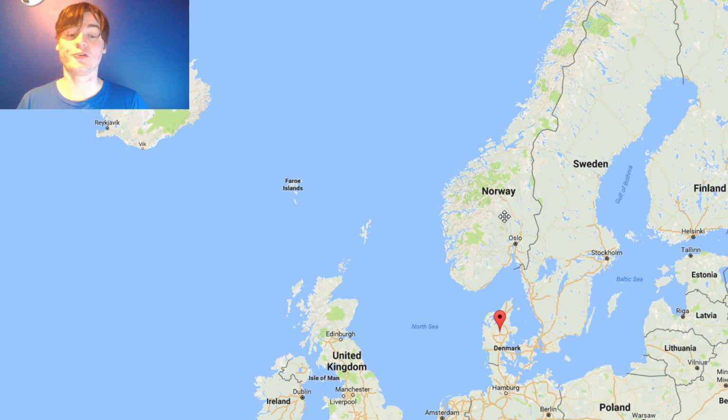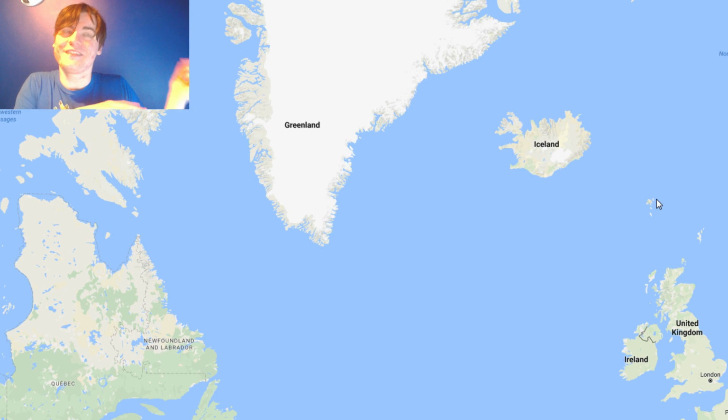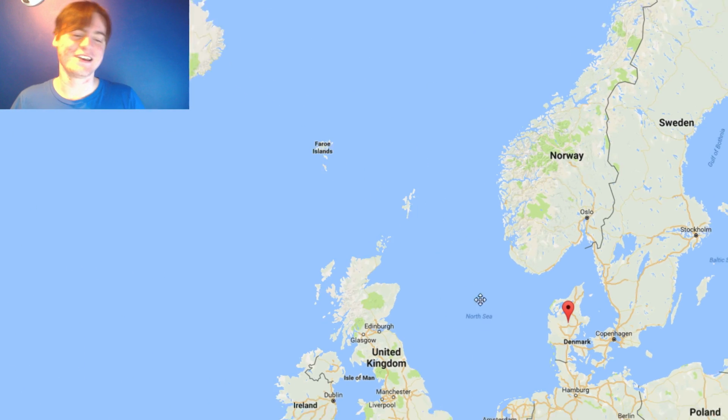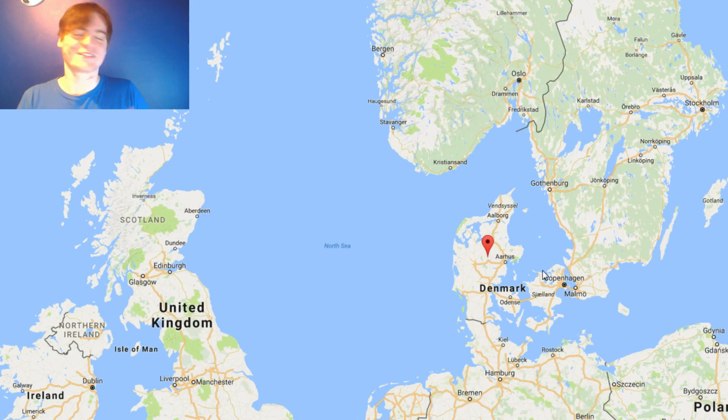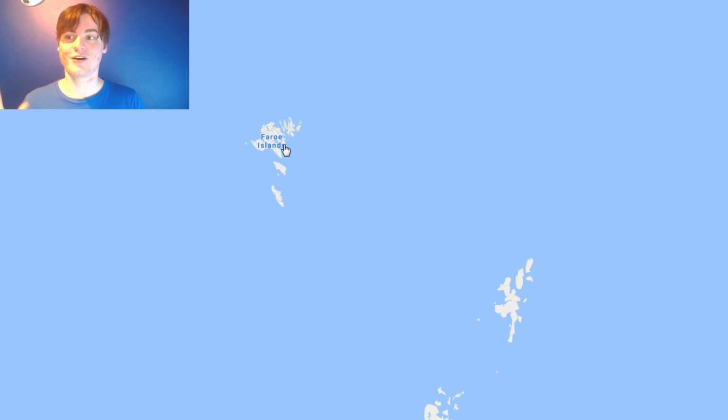And yeah, Denmark and Norway had a union, and although Norway entered that union with the Faroe Islands and Greenland as part of it, by the end of the union, when they left it, they lost their rights to Greenland and they lost their rights to the Faroe Islands, which belonged to Denmark at the end. They also had to fund Copenhagen. It was this whole own thing, but yeah, the Faroe Islands became a part of Denmark, even though they weren't